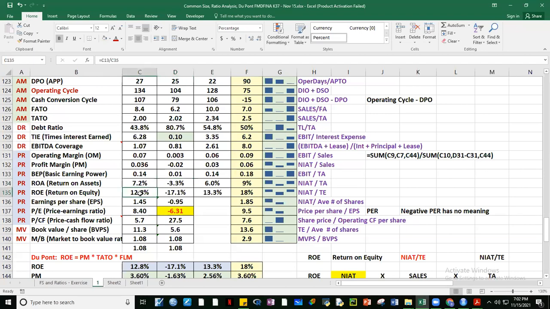Okay, tayo 12.8. Ibig sabihin nun, sa bawat piso ng equity na pinrovide ng shareholders, nag-earn tayo ng profit na 12.8 centavos. Si direct competitor natin 18, so talo din talaga tayo. Ito talaga noong 2020, lugi pa. Kawawa yung mga shareholders kasi sa bawat piso na ininvest nila,